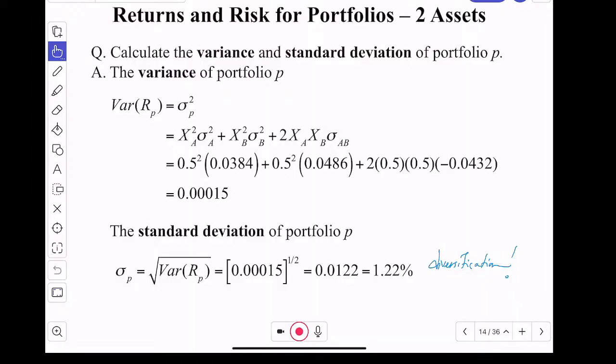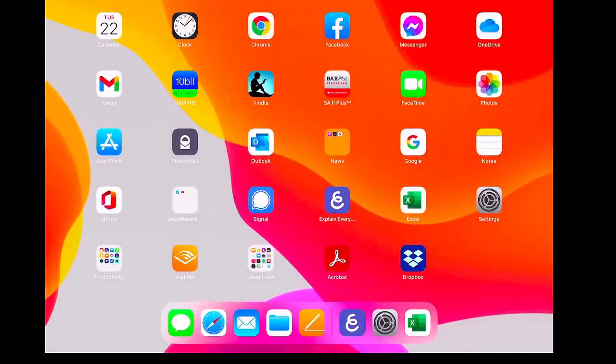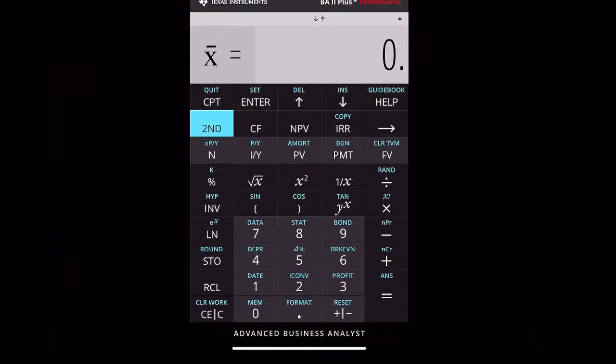Do you get a different answer? So why? All right, let's see. So if I was to do this in the calculator, I would do 0.5 squared times 0.0384. I could store that in 1 to avoid any problems, and then just do the next part, 0.5 squared plus 0.04